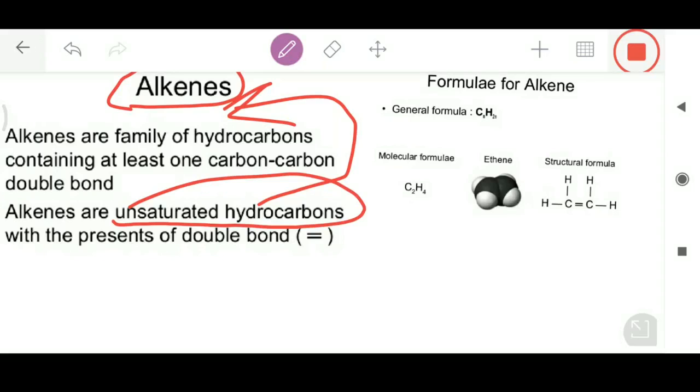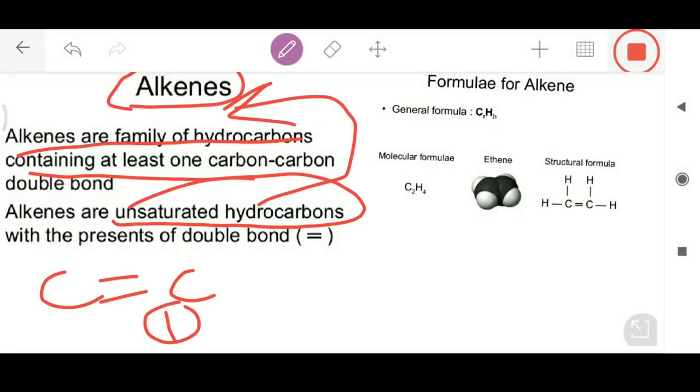Now the question arises, what are these unsaturated hydrocarbons? Alkenes are the family of hydrocarbons containing at least one carbon-carbon double bond. There should be a carbon-carbon double bond, at least one. Alkenes, or unsaturated hydrocarbons, have the presence of a double bond. That means a hydrocarbon in which the carbon atoms are connected by a double bond or a triple bond. We call those particular types of hydrocarbons unsaturated hydrocarbons. So